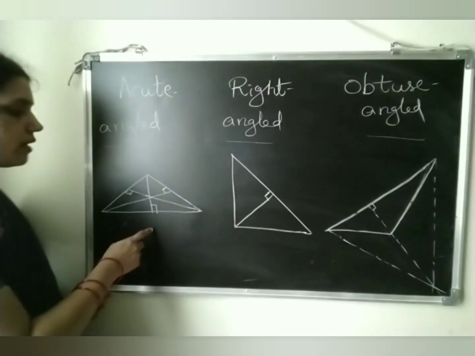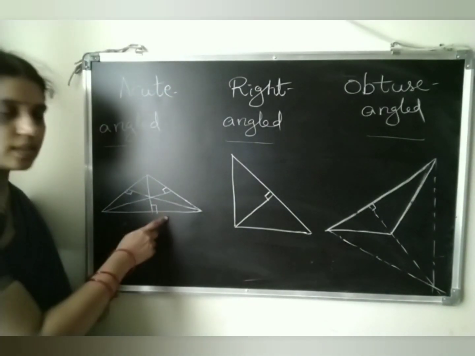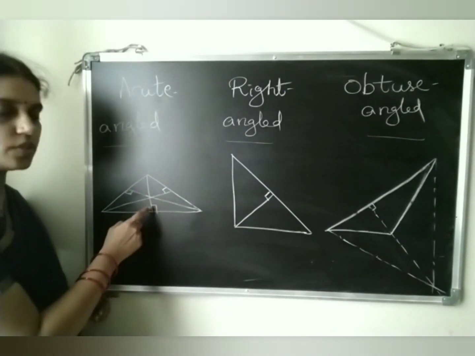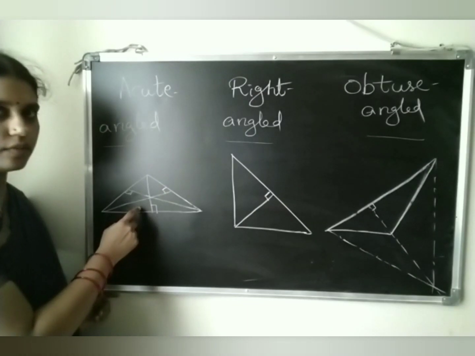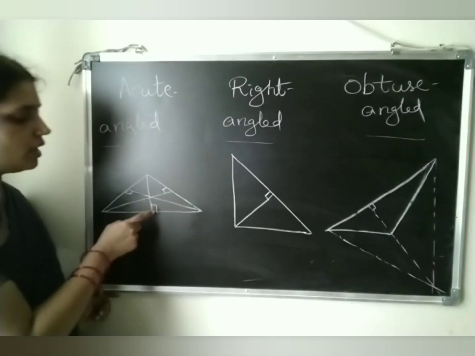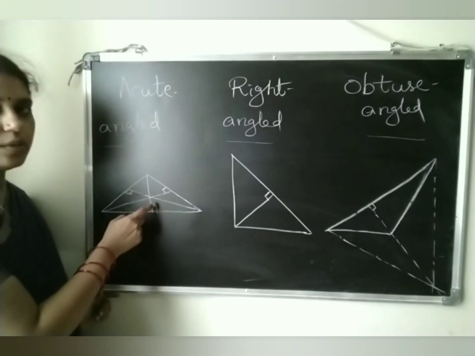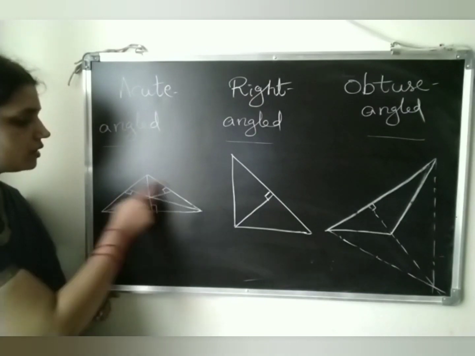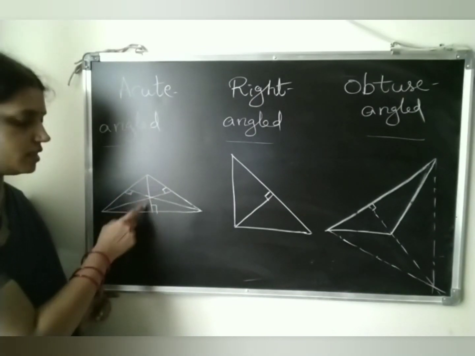This is an acute angle triangle. All the 3 angles are acute. And here if you see the altitudes, all the altitudes lie in the interior of the triangle. This symbol shows that this is the perpendicular. These all are rough sketches only. So by seeing the symbol, you have to identify that this is the altitude. Okay. So here all the 3 altitudes lie in the interior.